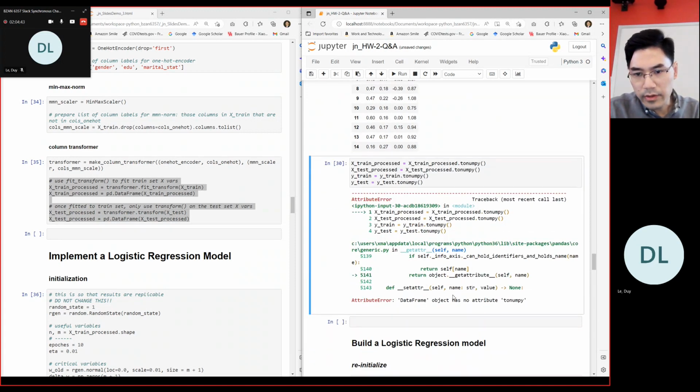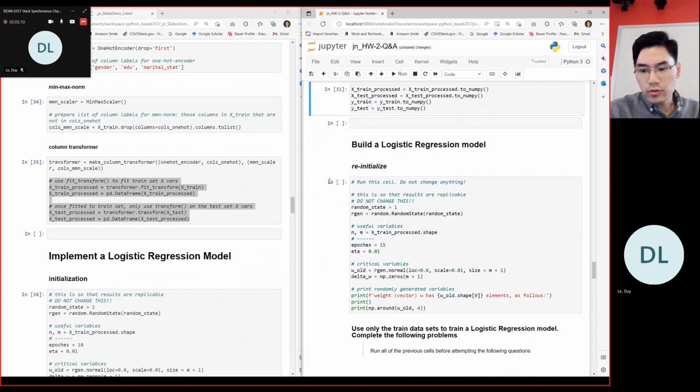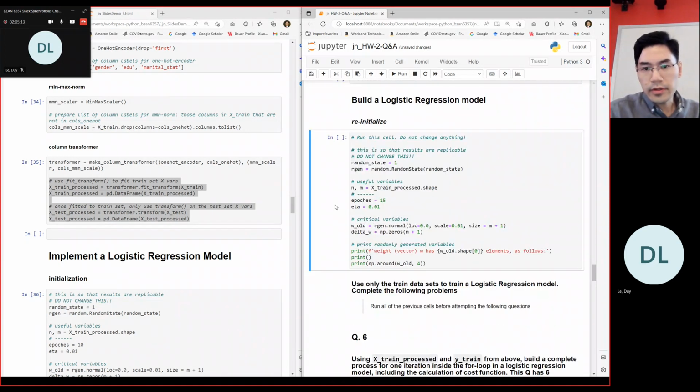Okay, have an error or true numpy should have an underscore. All right, so these are numpy arrays. It's not critical in this homework to do that, but if you form the habit, that would be better. Okay. Now the